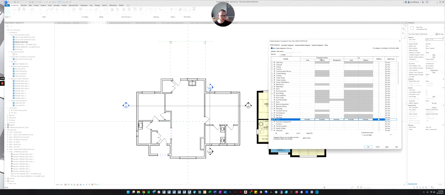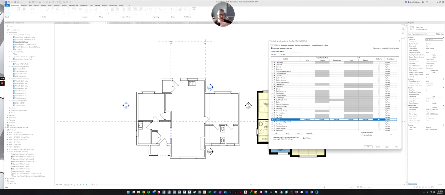So if I go over here, you can see we can control how they call it the projection or surface of the floor. So when we're just looking down at the floor, what it looks like. And then we can also control what happens if we cut a floor. So in a floor plan, you don't cut floors really. So we're not going to worry about controlling the cutting elements. But the projection surface we would like to maybe take advantage of. We already talked about the transparency, and we've edited that before.